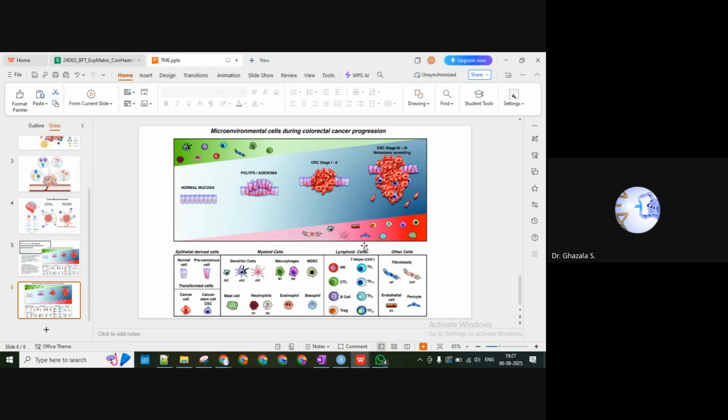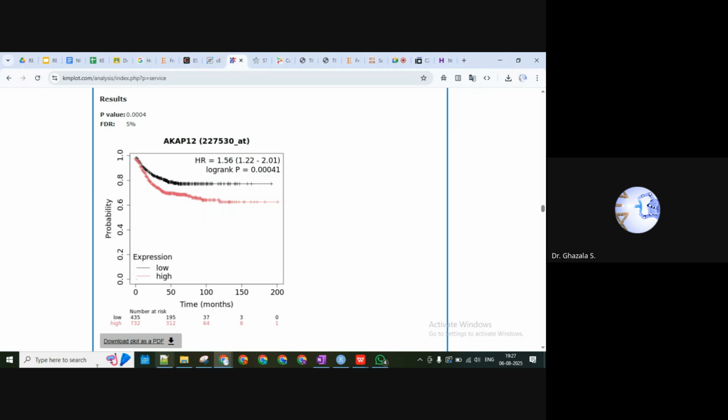Even if your data set is not from progression, and it is still in stage 1 or maybe stage 2 cancer, right? That's why we are doing this study. So in that case, we need to first understand the function of each type of cell, and accordingly we will filter which cells are involved in promoting the cancer. Then we can understand how they are helping or promoting the colorectal cancer.